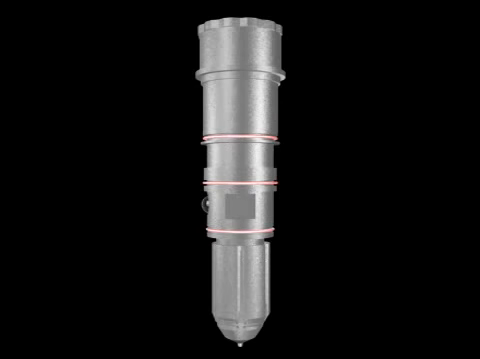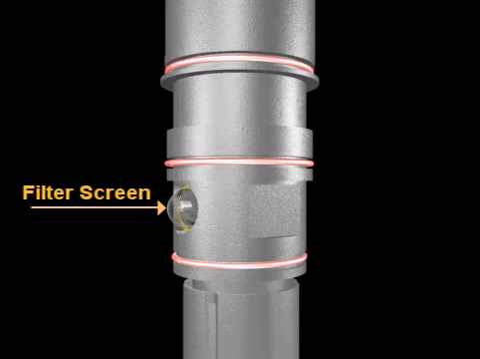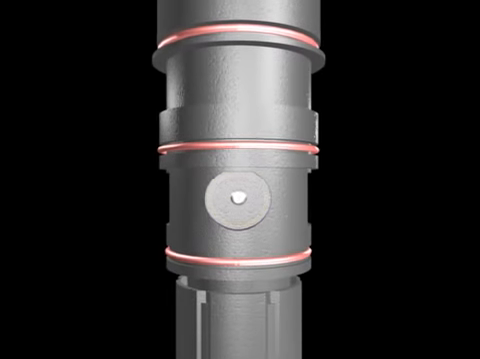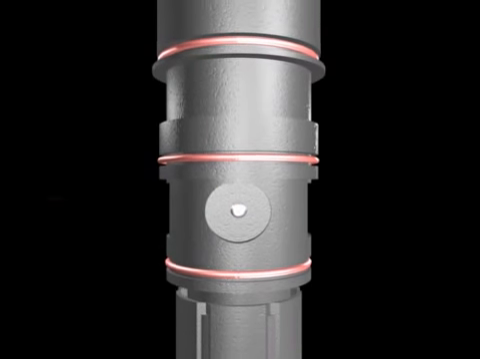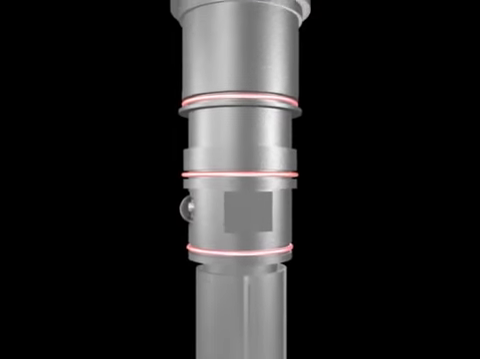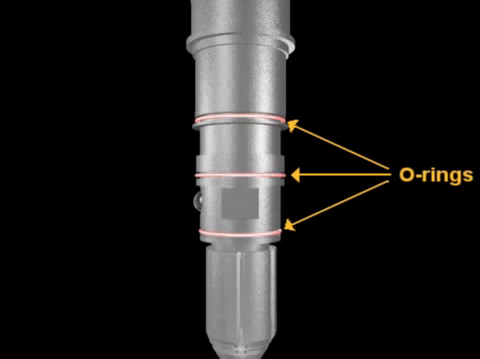The main components of the PTD top-stop injector include cup retainer, filter screen, adjustable orifice, adapter, O-rings,